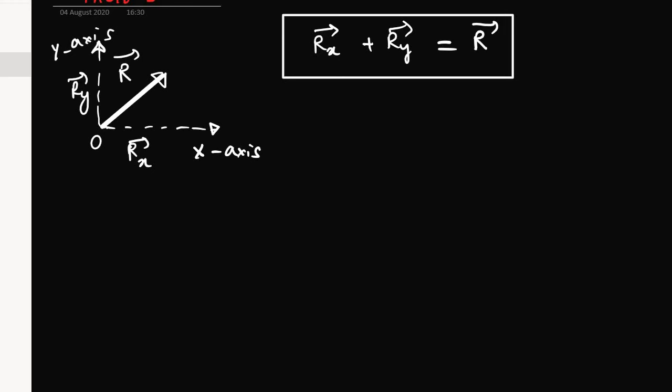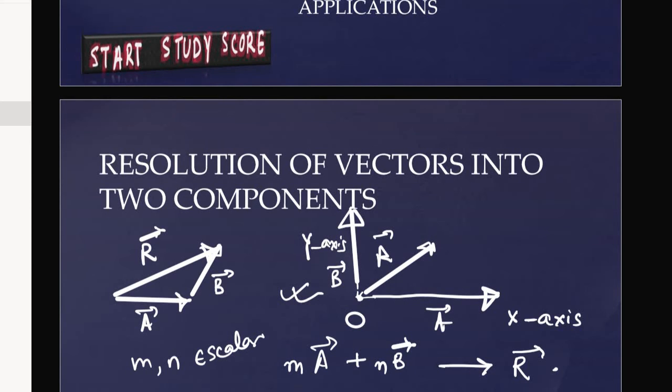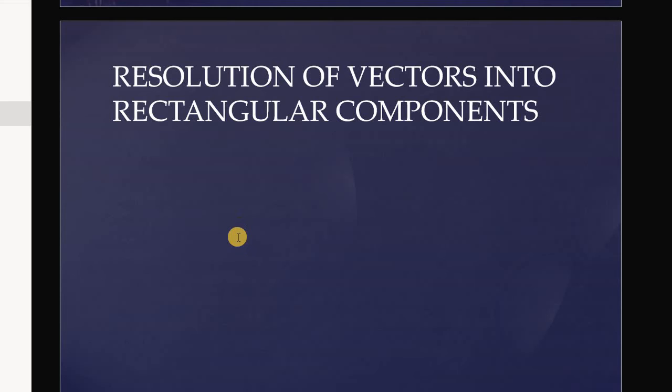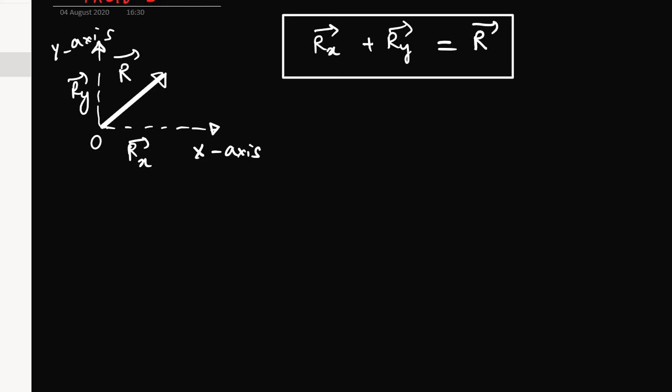Then we will go to resolution of a vector into rectangular components. Now why is this necessary? We already did this. So what is the necessity of doing this in rectangular components? As I already said, I can add vectors and also divide them in 2D and 3D. So what is the need of it? Now from this picture you can see this vector is making a particular angle with the x-axis. Let it be theta. Then I can write that the vector has two components.